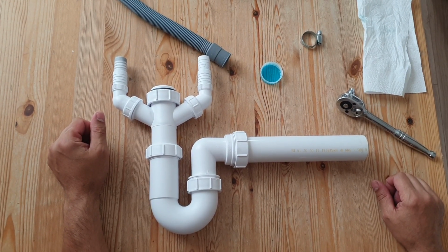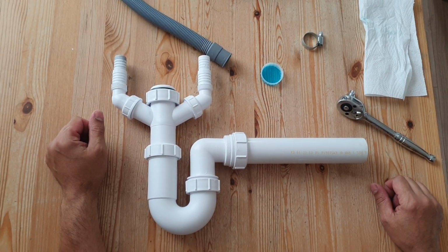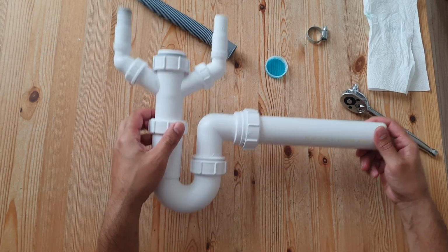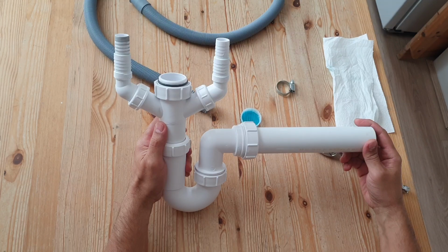Welcome to DIY Shop, and today's video is going to be about how to connect your washing machine drain hose to your spigot. Okay, so if we have a look at this is a typical example of what you would